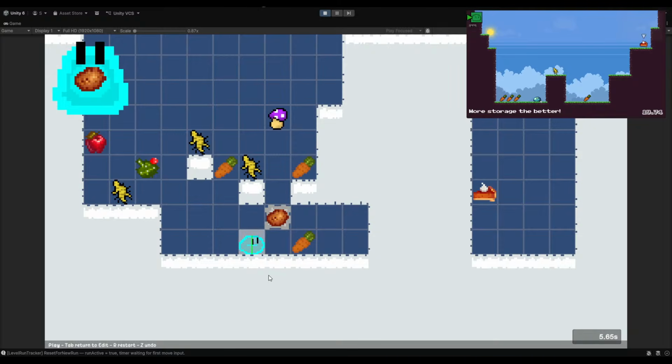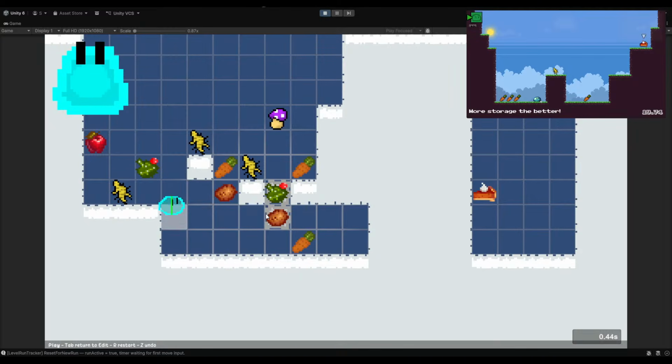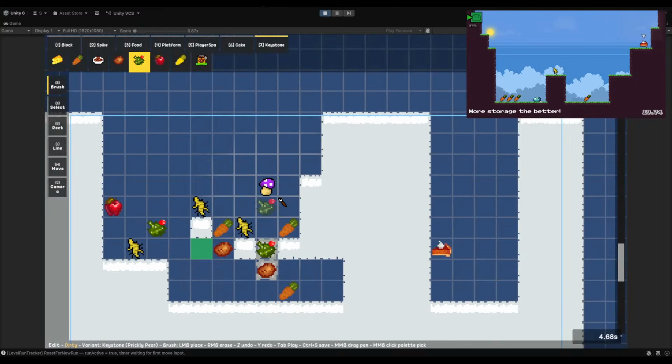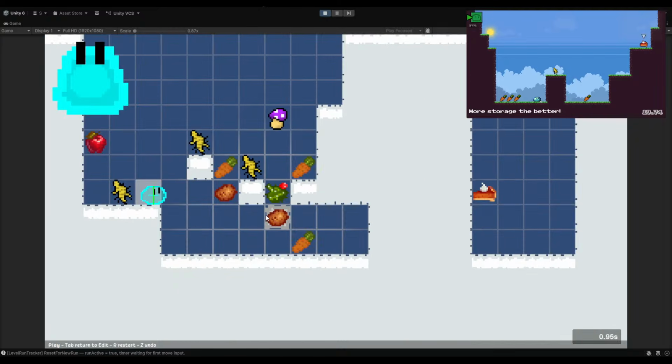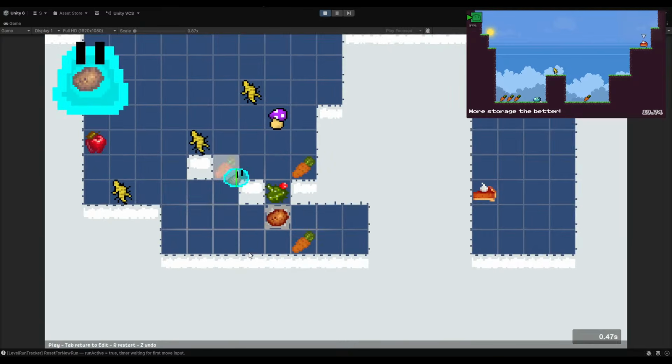That, I don't know why, was so much harder to do. Because it's possible that you have a food on here. So let's put the cactus there. How do I do this? Oh, no. Okay, we need to put a food here. Yeah, okay. If I pick up this... shoot. Okay, we need to move you out. So if I stand here, the food is going to get consumed into the keystone, and then I'm going to pick up this food, right?